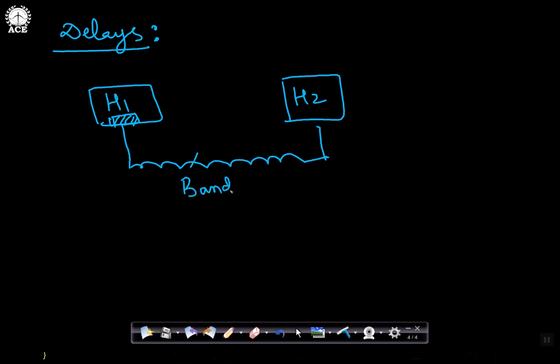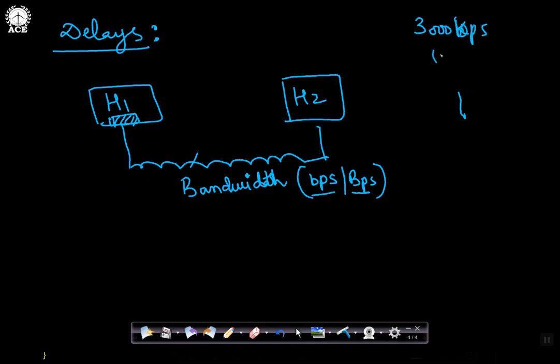We described this earlier. The bandwidth is defined in terms of BPS, or bytes per second. I've already explained to you the distinction between these two. These bits, these bytes. The rate at which it can carry the data, the rate at which you can send the data onto this channel. Okay, like for example, if my bandwidth is 3000 bits per second. If my frame is 1000 bits,